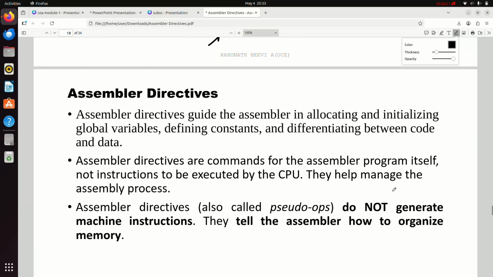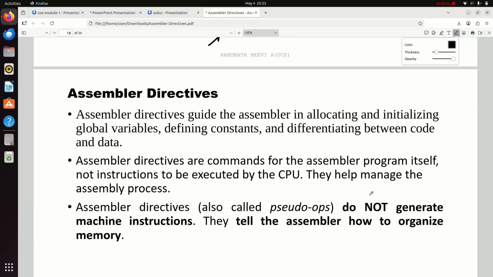Now let us discuss assembler directives. What do we mean by the definition? What is the definition of assembler directives? Assembler directives are the commands which are given to the assembler to organize memory and data, not executed by the